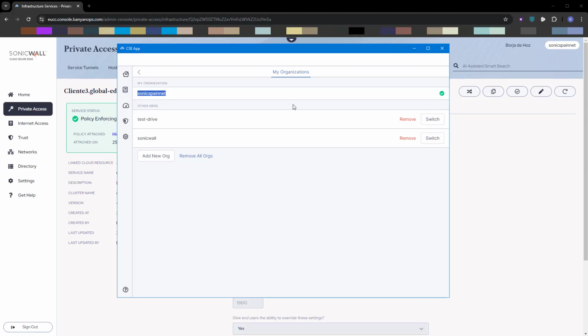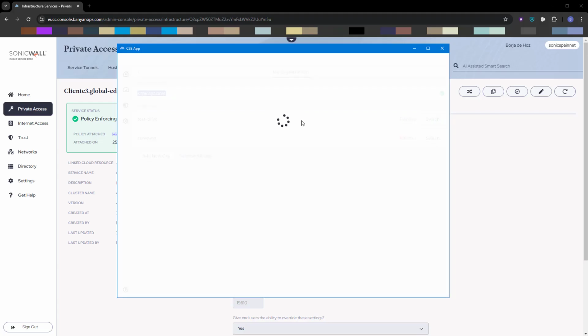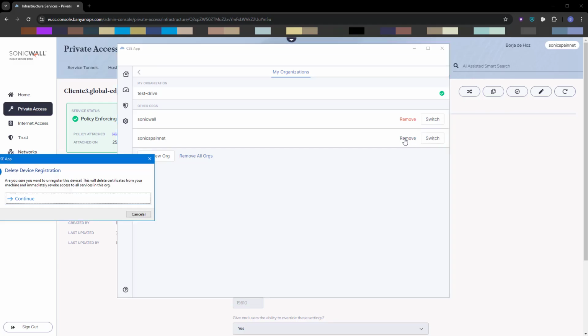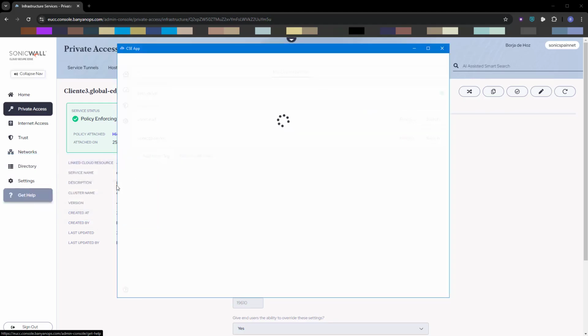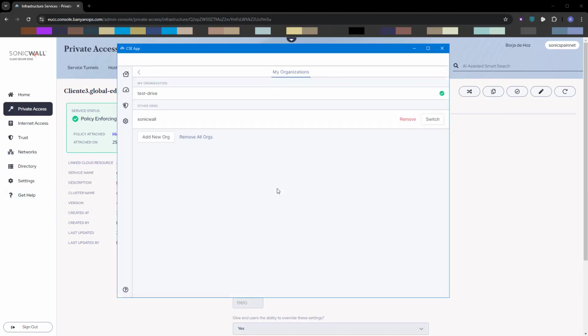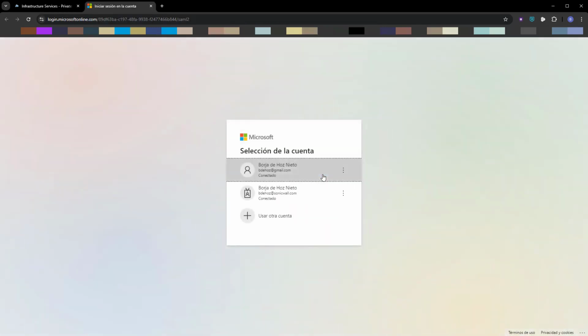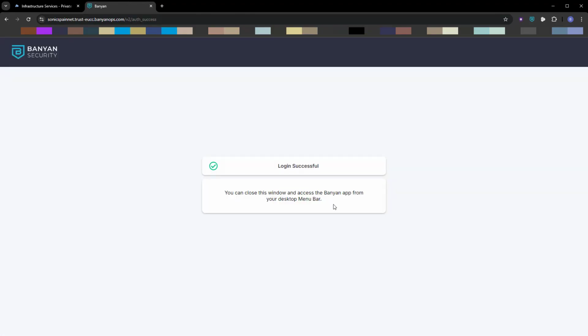What we're going to do now is switch organizations to deregister this device. So I'll connect to any other organization and I'm going to delete, in this case, Sonic SpainNet. We confirm we want to delete it. And after the application has removed it, we'll add it again, for which we'll need our invitation code, also Sonic SpainNet. We click continue, the system asks us to authenticate again, and once we're authenticated,